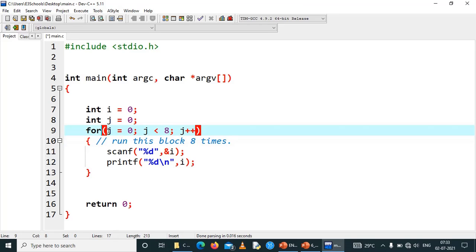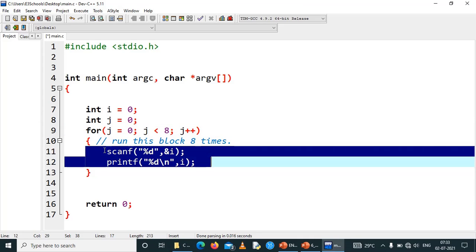So this is the for keyword, then the initialization, condition checking, and increment or decrement. In between these three parts, we will have a semicolon. Inside this block goes the code to be executed.